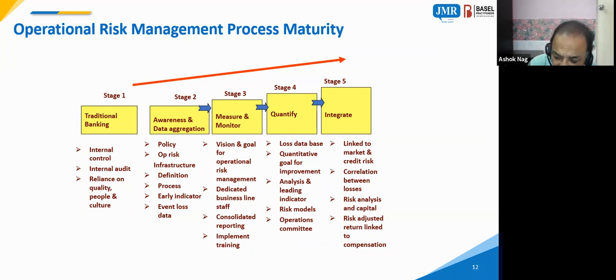What are the characteristics of the event loss data you should have? How do you process the event loss data? That is a part of our discussion, we'll come to it later. So the first thing in stage two is awareness, and are you aggregating data? The point is that losses keep happening across the bank's various branches. In India, State Bank of India has 13,000 branches, and there are many banks with branches across the world. So it is important for us to look at the various verticals and business lines.